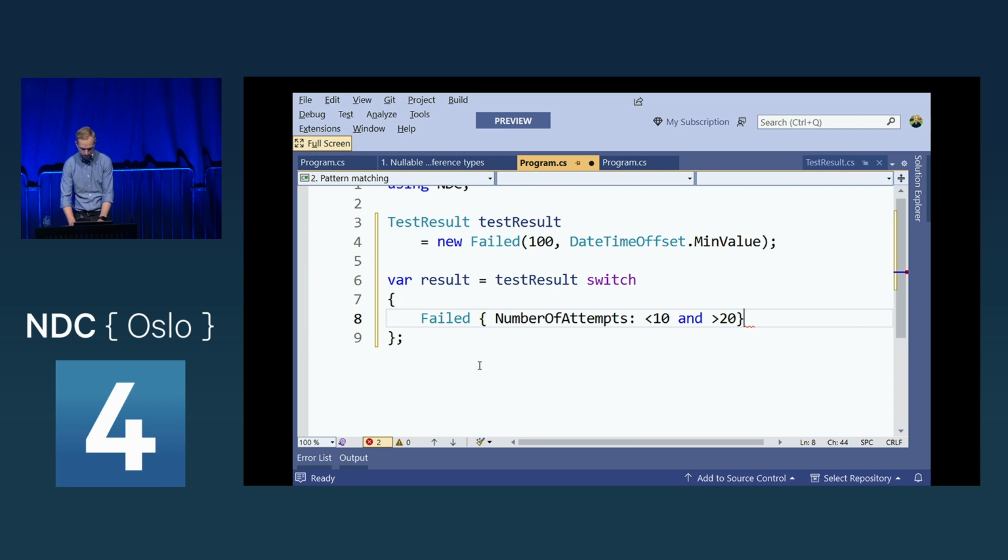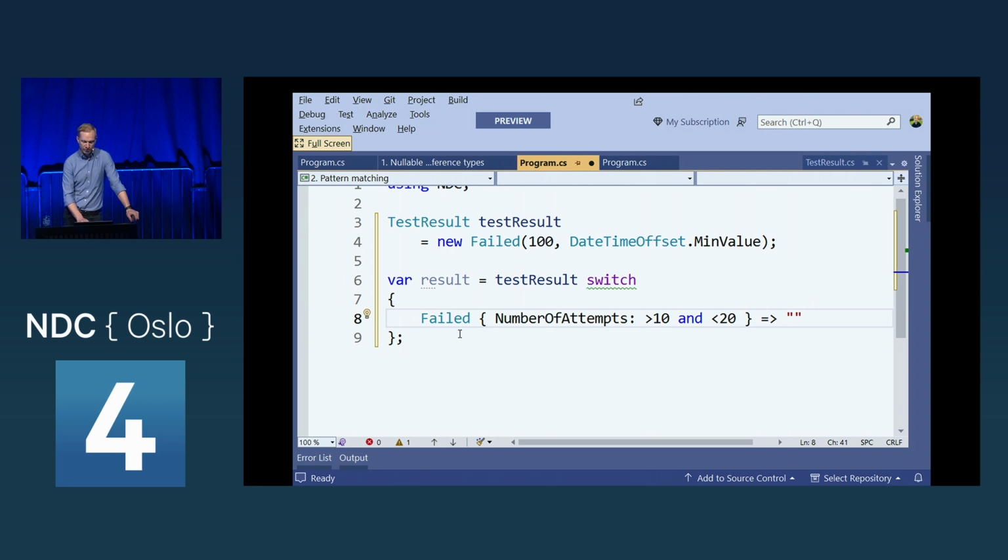let's see here. I could do this. Actually, it has to be the other way around. More than 10 and less than 20. Sure, this makes a lot of sense. Or less than 20. So I could do this to create a range, right? It's going to be quite smart in determining exactly what I'm looking for.